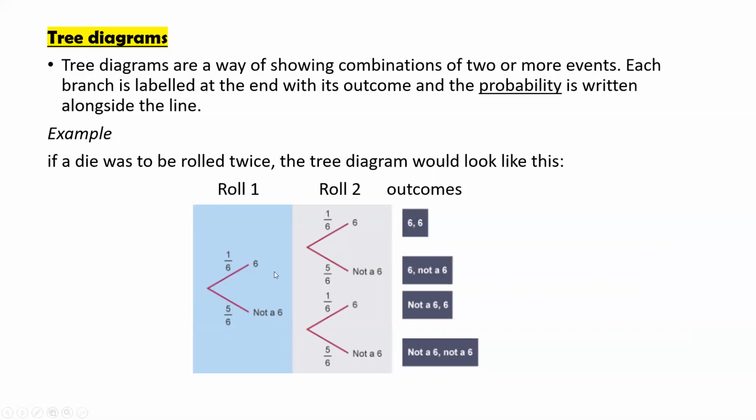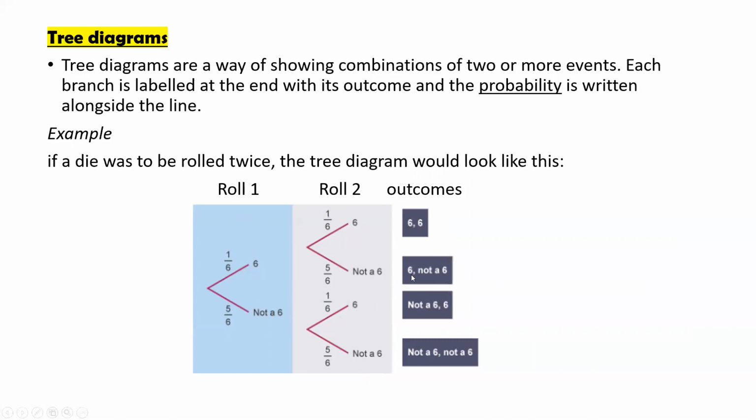So the outcomes can be, first time is 6, the second time also 6. You can see from here. These are the outcomes. You have four types of outcome, because we are rolling 2 times. So it can be 6, 6 for the first time, or 6 then not 6, or not 6 first, and then 6 at the second time. So notice these two are not the same.